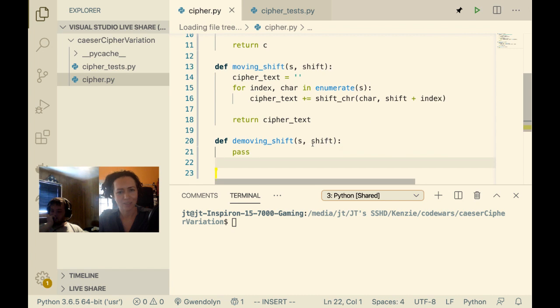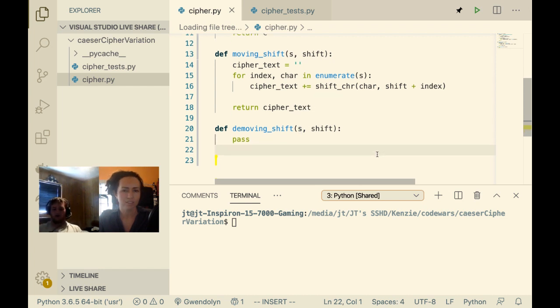Okay, so now we need to, what's the next step? We have to figure out how to split the ciphertext into an array. So we need to do that in the moving shift function, right? Yeah, inside moving shift. Eventually what we're going to want to do is actually return the array. It's going to always contain 5 elements inside the array.